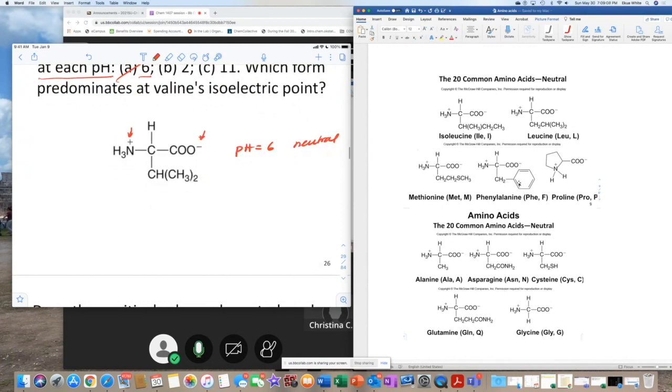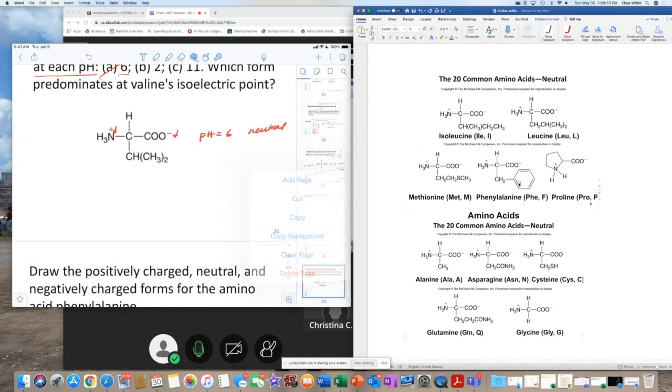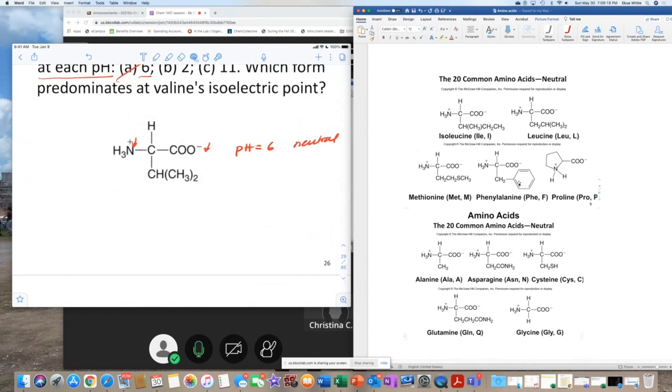Now pH 2, same thing. Let me see, can I make this smaller? Oh, this doesn't work. I don't know why the plans I have for this app are just, I should find,